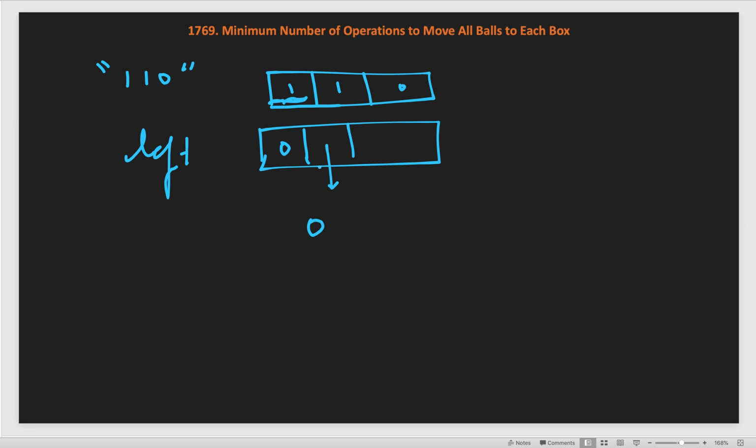So, if this is index I, then we will say left of I is the cost of left of I minus 1 plus the number of balls on the left side till that ith index, encountered before the ith index. So, this is 1, hence this is 1. Similarly, for this index we will add 1 plus we have 2 balls. So, we need to move all the 2 balls from here to this index. So, the cost left of I minus 1 is 1 plus 2 balls, which is 2, hence this will be 3.